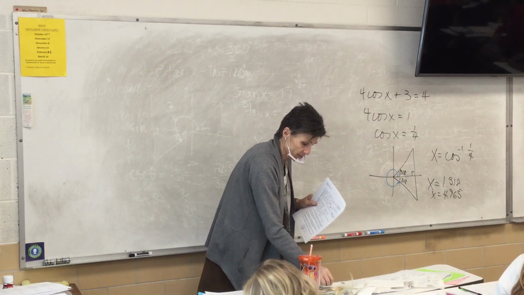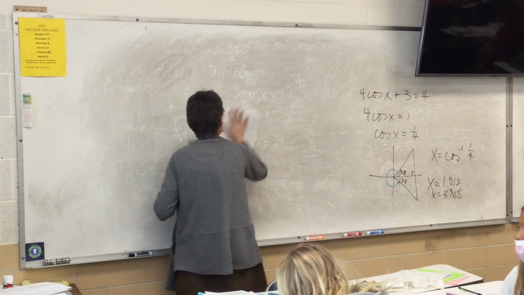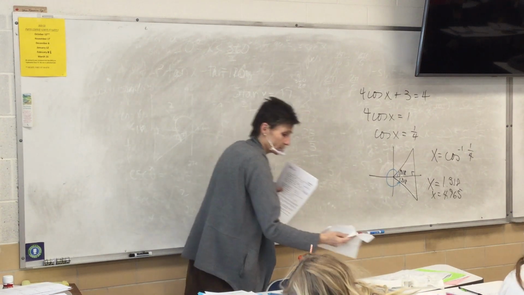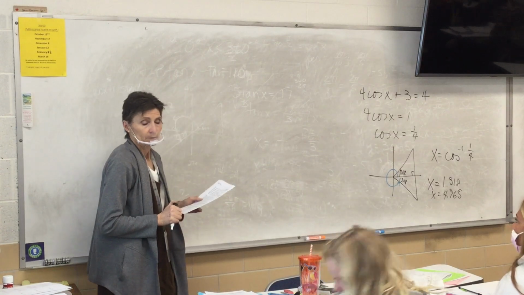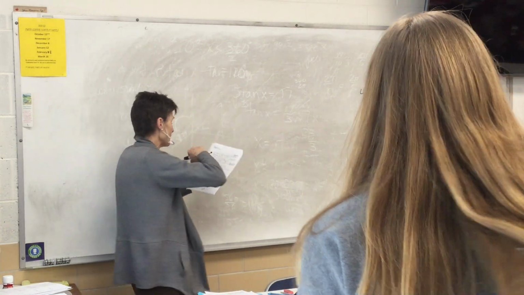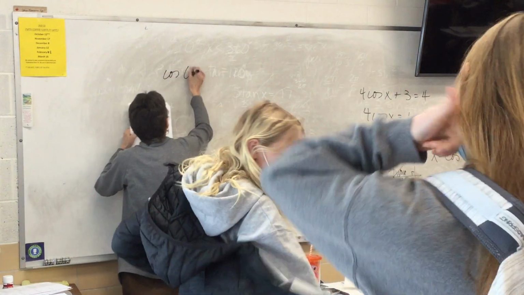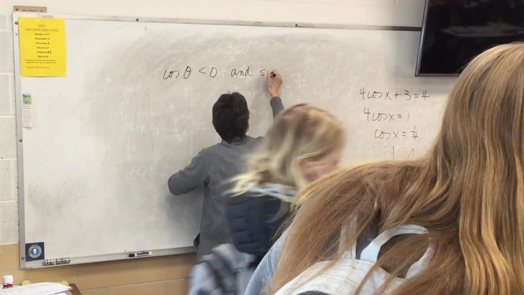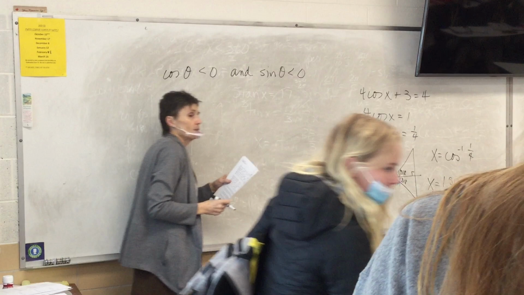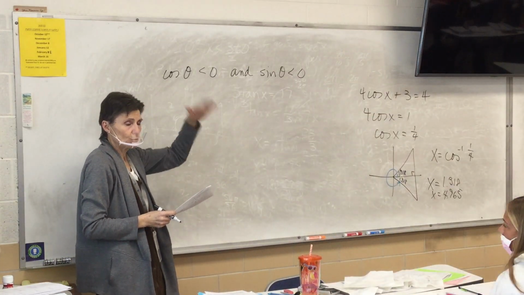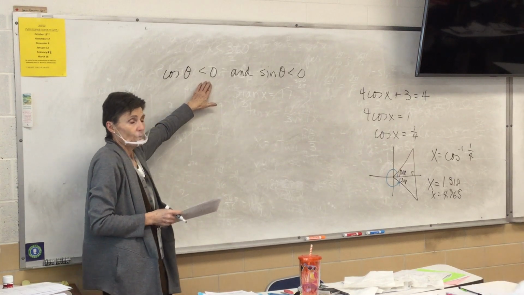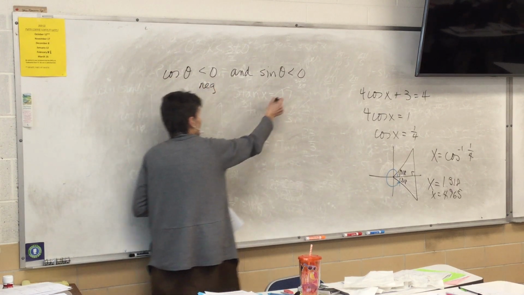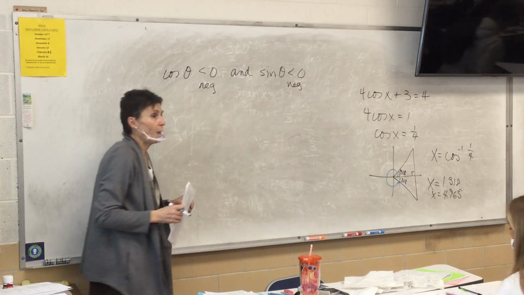Okay, gang? Because this sheet is your test review. This is what we need to know how to do. Okay? Number 9. In which quadrant is the cosine negative and the sine negative? If you are confused by the notation, remember less than 0 means negative. So just write negative. So in which quadrant,